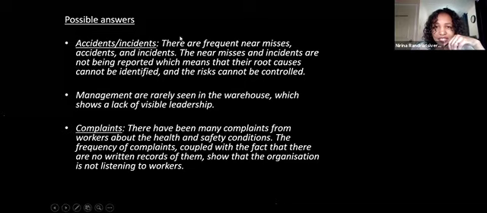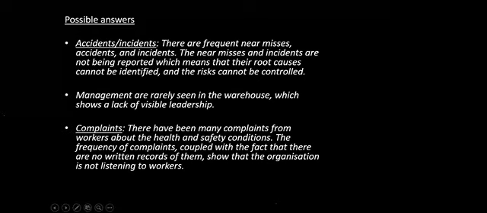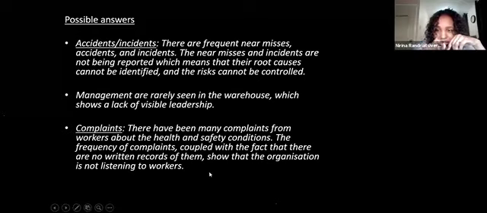So one indicator is the number of near misses, the fact that they are not recorded or reported rather. For the complaints, the number of complaints is increasing, and the complaints are not recorded, and the organization is not listening. Those are different indicators. So just remember that the marks assigned to the question indicate the number of answers that you need to provide, or the amount of information that you need to provide. How are you going to present that? You can do it in bullets, or you can do it in small paragraphs combined like what we have here. As long as, again, you don't put everything in one very long paragraph.